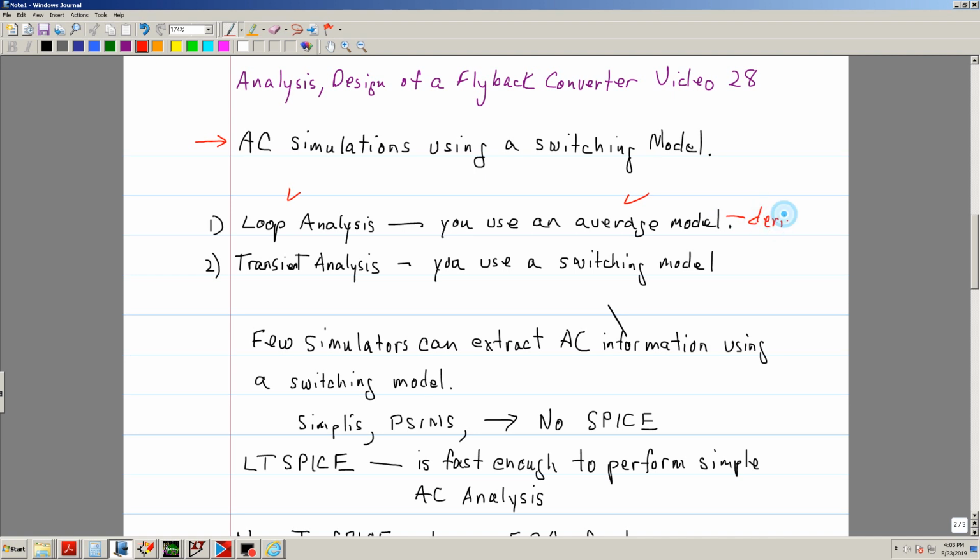Okay. So there are several models that are out there. You can use the Vorperian model, you can use the Ridley model. I use a very simple model made by my mentor Jack Alexander. Okay, so then the second type is used for transient analysis, which is number 2, and these are models